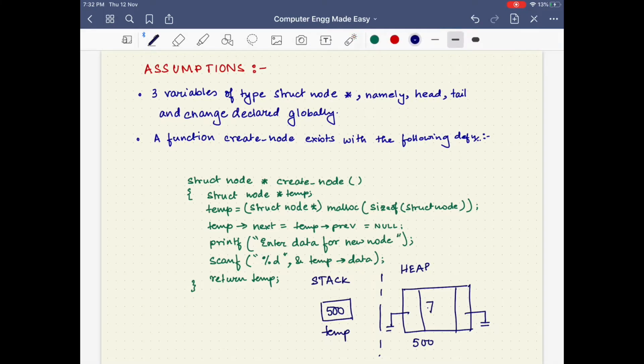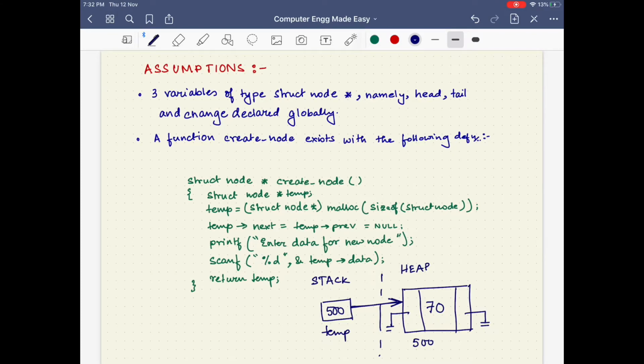Say the user enters the value 70, so 70 gets stored over here. Finally, we return the value of the variable temp because this is the address of the node that has been created. And in order to indicate the link between this variable temp and the memory chunk that has been assigned, we give this arrow symbol to indicate the link.